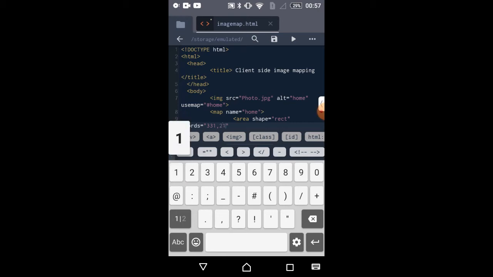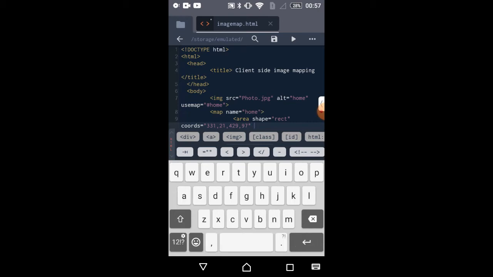So 21, comma, 429, comma, 97, and we are finished with the rectangle coordinates. Whenever you are giving a rectangular region as image mapping, it will have only 4 coordinates, not more than that or not less than this.